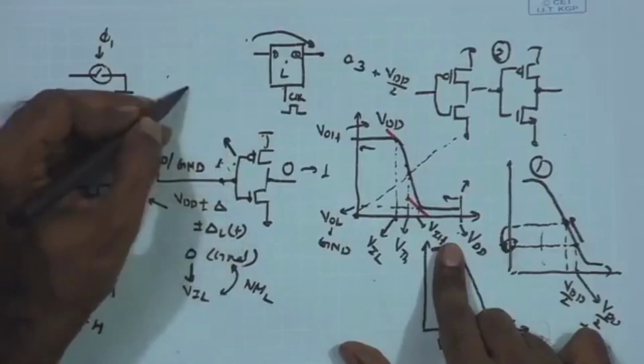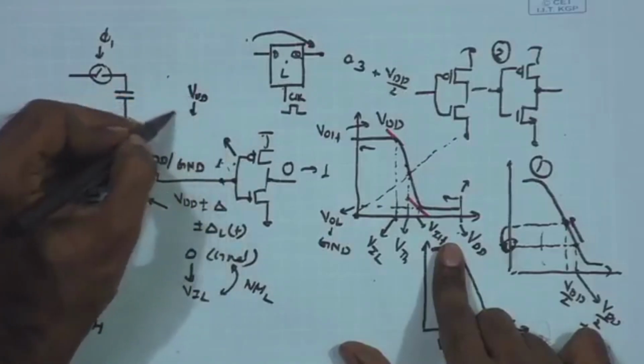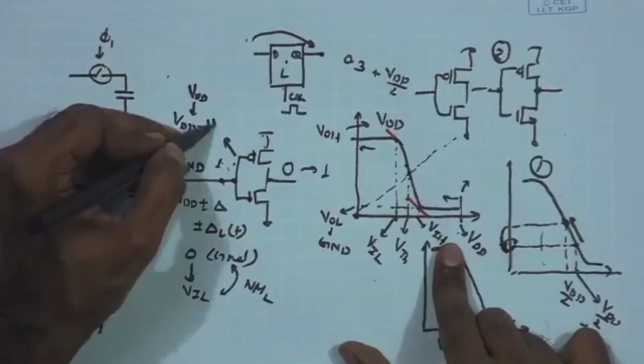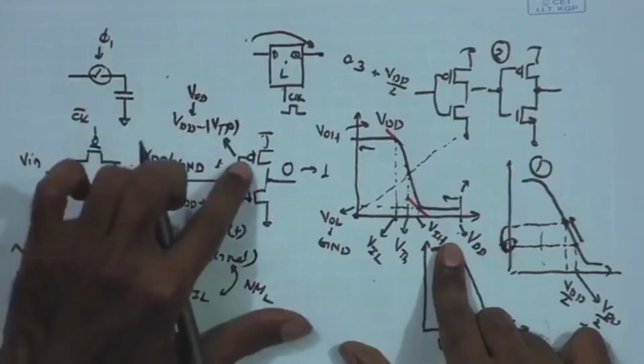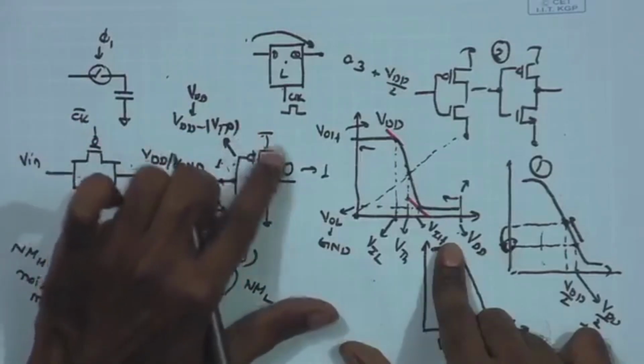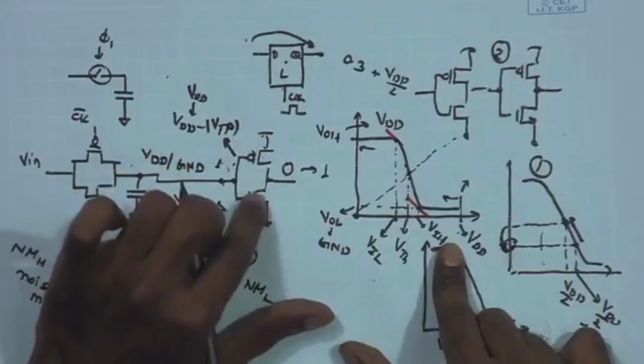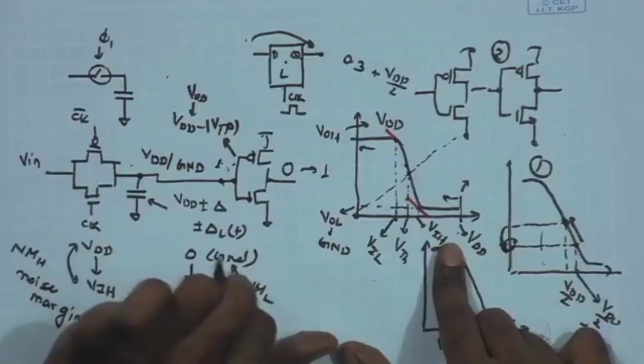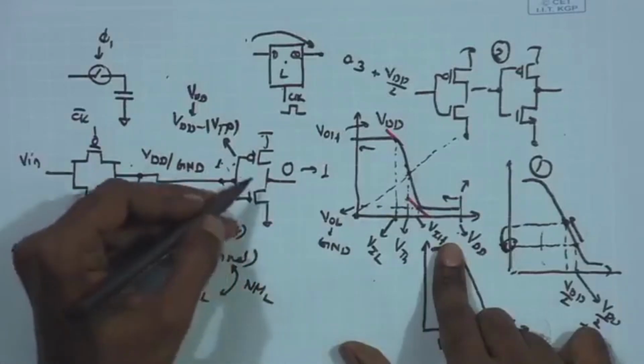So, initially if this was VDD, I can go all the way to VDD minus mod VTP before I can turn on the PMOS, because after that if you increase further, this PMOS will be turning on more strongly and NMOS will be getting off. Likewise, on the other side,